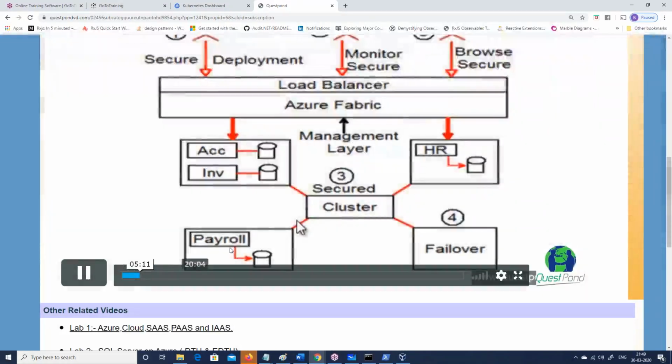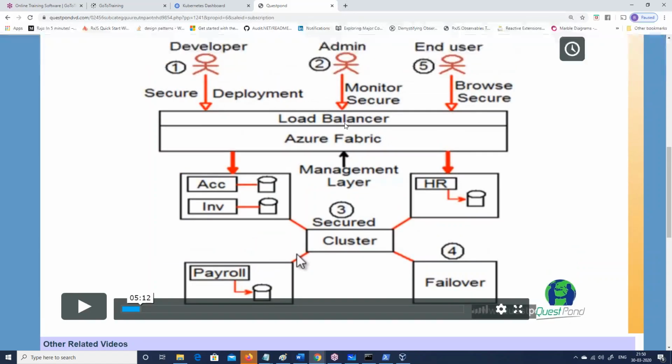If you see this Azure Fabric, I can just fast forward this. It's absolutely equivalent to Kubernetes. You can see this is the same thing here. Look at this. In Azure, you can use the Azure Fabric and you can see the same image. So they also have a management layer. This is wrong, I shouldn't say this is load balancer. This load balancer word I've used from the perspective of deployment, right? So don't think from the end user. So this is Azure Fabric. In Kubernetes, it is called the master node. You can see there are small nodes out here, right? And then they are tied up with a cluster. Same kind of architecture, right?